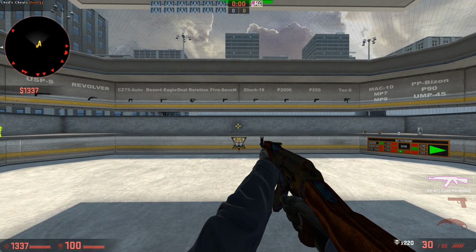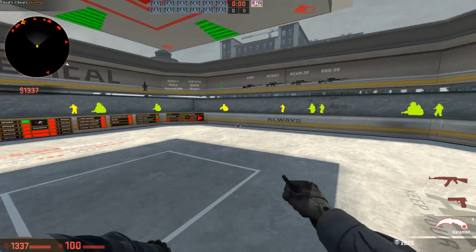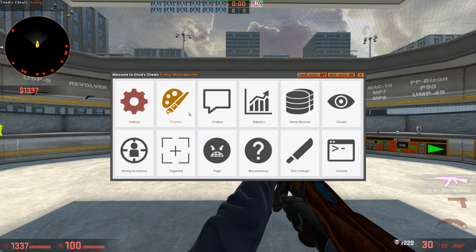Okay guys, the cheat we're going to be reviewing today is Chod'S-Cheats. As you can see in the top left corner, it's Chod'S-Cheats version Firefly. I'm going to show you guys the menu first. They got a total of 12 tabs in the menu, and that is the most tabs I have ever seen in a CSGO hack. That's absolutely insane, so you can already tell this is going to be quite a